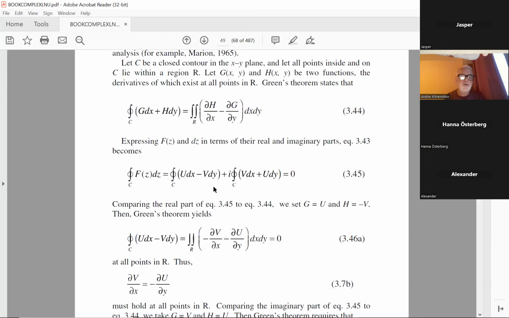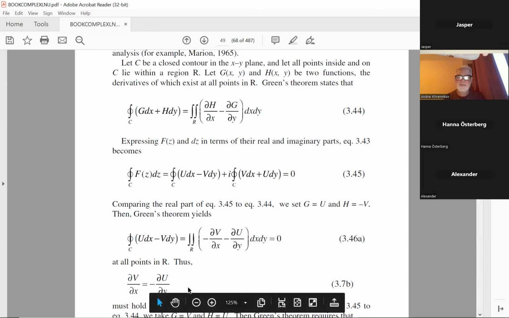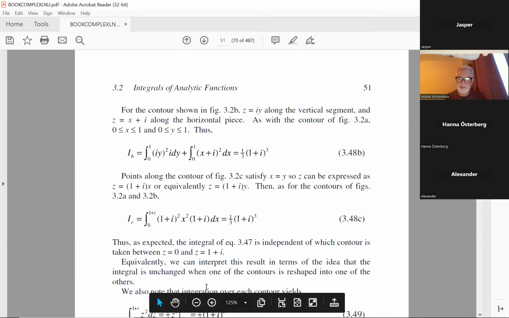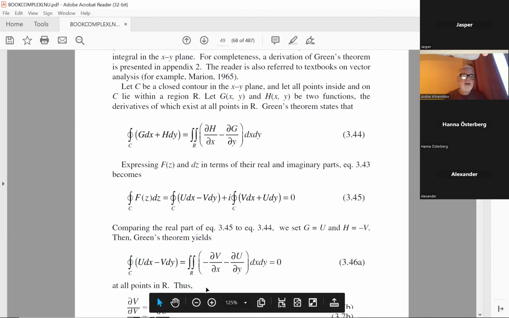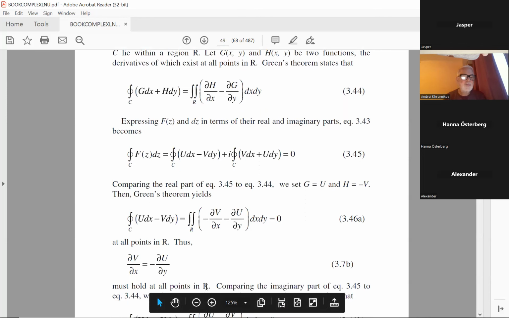Now we know that the integral of some function over any closed curve is 0. Then we have that this is equal to this, and we get this. And surprisingly, but maybe not so surprisingly,